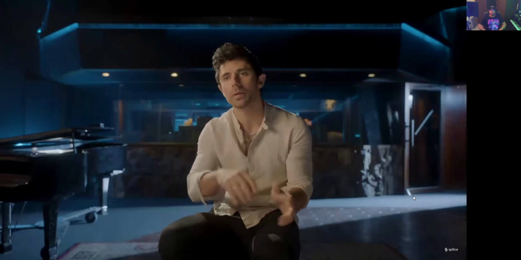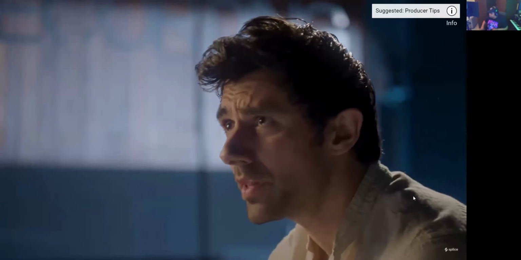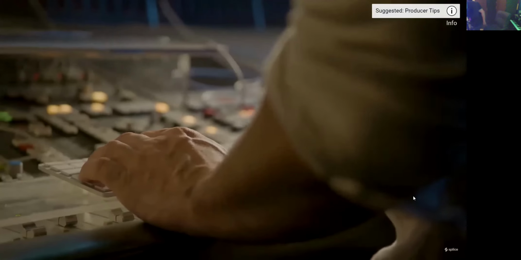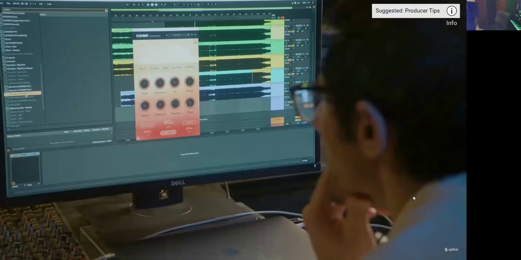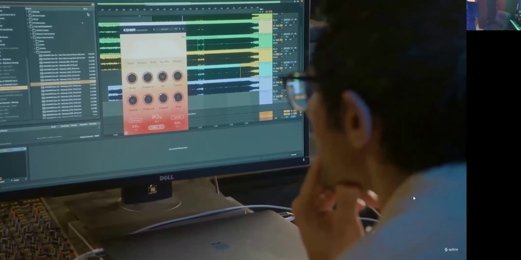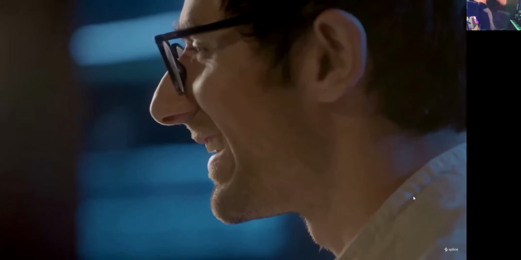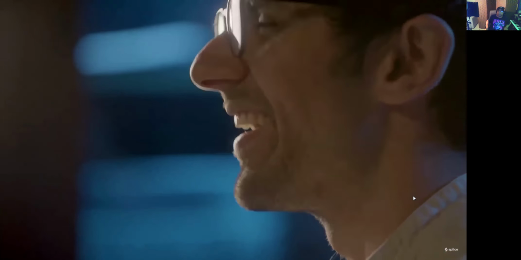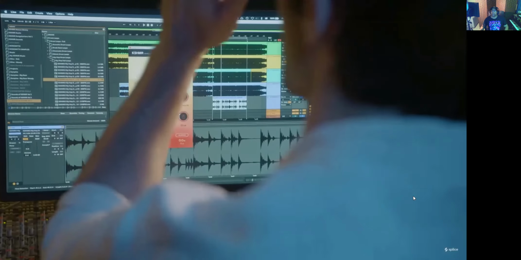I think for young producers out there, it will help skip through some of the fluff. I'm really hoping that it just helps get the kind of silly part of production out of the way, which is you might have a good idea, but it just doesn't sound like a finished song. You just don't maybe understand some of the basics of production, EQing things the right way, compressing the right way, and it's not perfect, and it's not maybe as advanced as some people would want, and there are, of course,